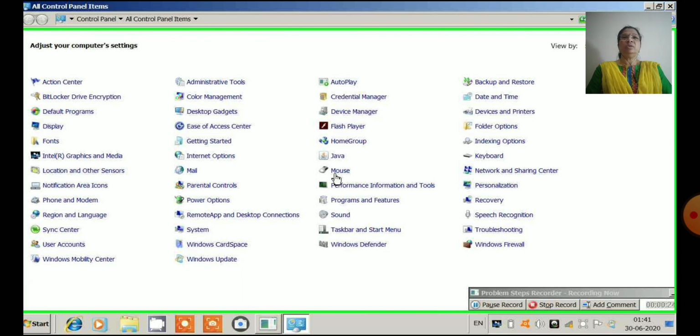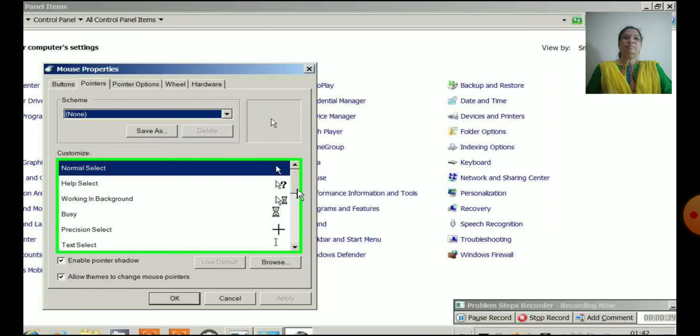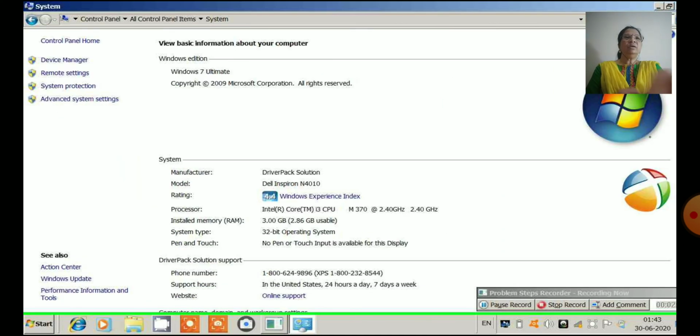Mouse, keyboard, see all the software is there. So with the help of this software, the hardware is working. So you can change the mouse pointer, right? Now you can click on System and see here which operating system you are using.